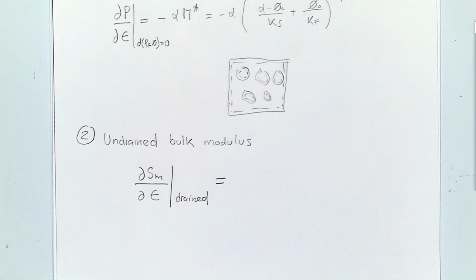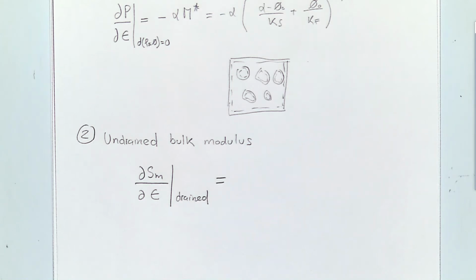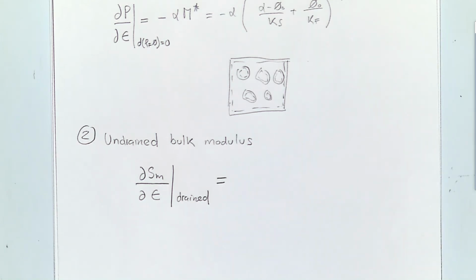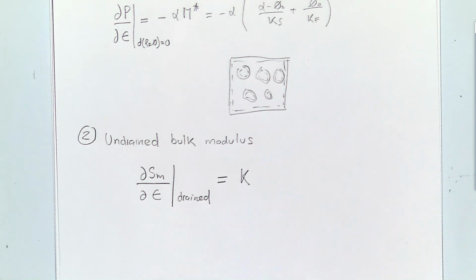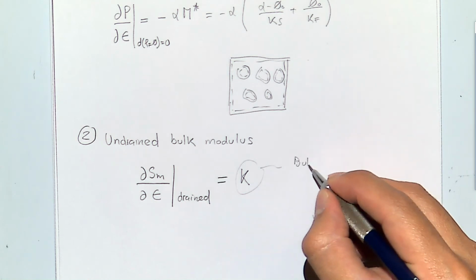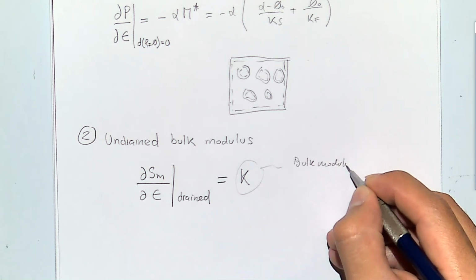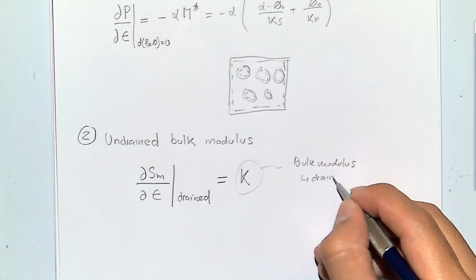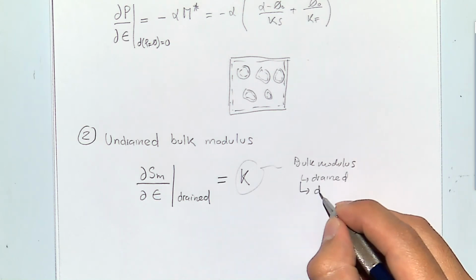What is that equal to? Basically, mean stress divided by volumetric strain. The coefficient of proportionality is going to be a modulus, right? Which modulus? The bulk modulus K, or the K that we have called bulk modulus before, but we can also call it drained, or sometimes we can also call it dry,